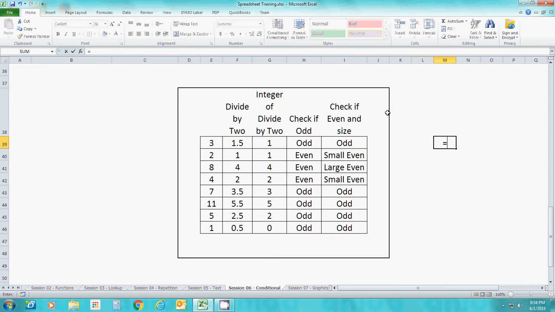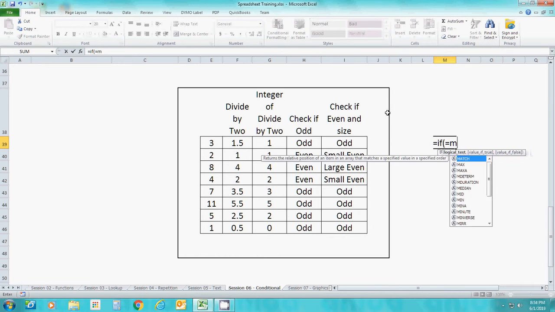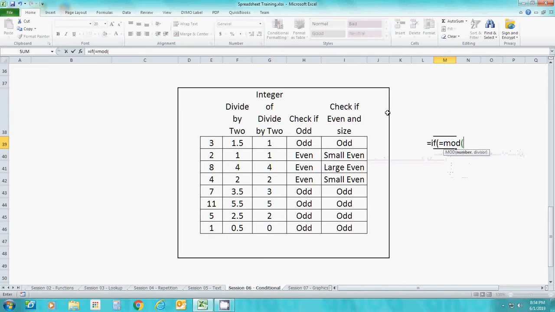I can say if, and that's a function, the if function. I'm going to use the modulo function. Everybody kind of remember the modulo? Modulo says you take a number, divide it by another number, and tell me what you got left over. So if I do modulo 2, I'll have zeros for even numbers. I'll have ones for odd numbers. So if the modulo of that is 0,